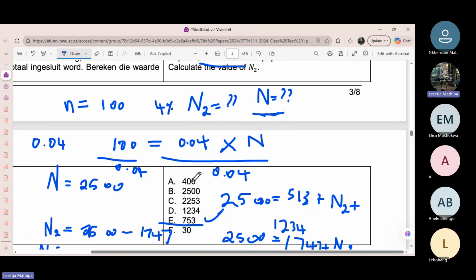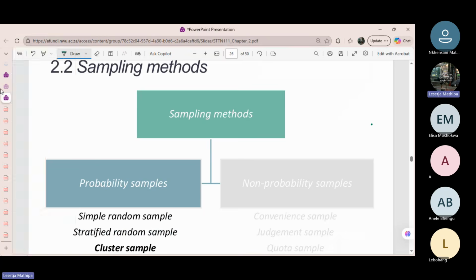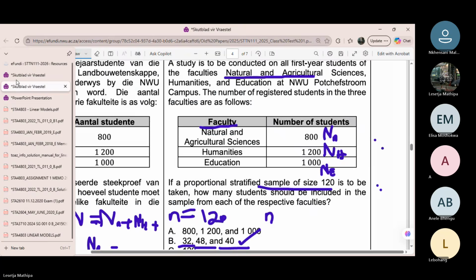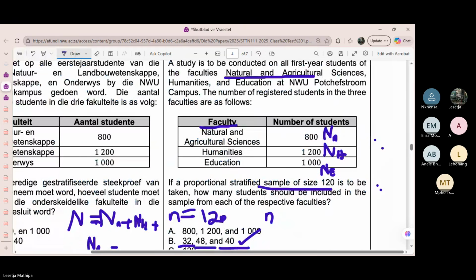Any questions? Right. Okay. Let's now move to the next one. Okay, before we move to the cluster sampling,